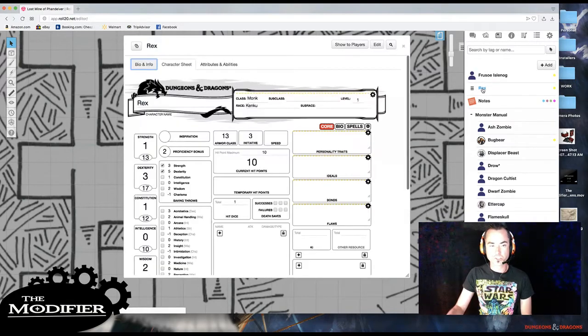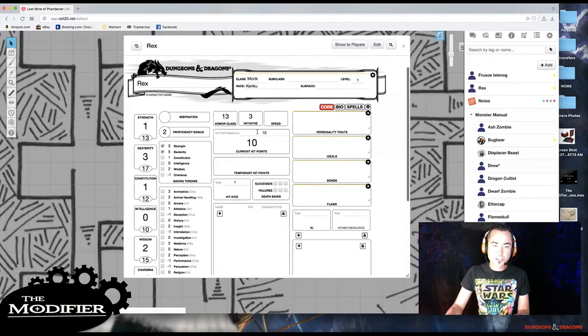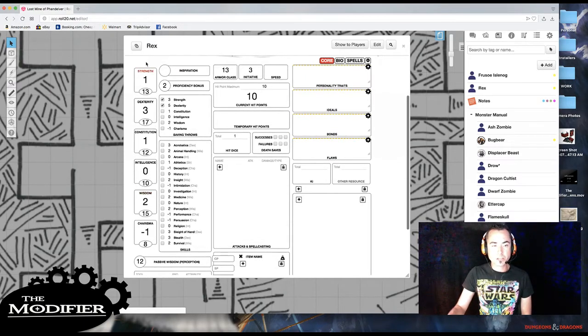So I've got Rex's character sheet, and I've got some of Rex already filled out. Some of the important things that you need to have filled out when you're adding a token to a character sheet is making sure that you have the current hit points and max hit points filled in. Another area that you want to make sure that you've got filled in is the armor class. That's important whenever you're syncing your token to your character sheet so that it shows up when we put this all together. Another thing that I wanted to make sure is my ability modifiers were put in,